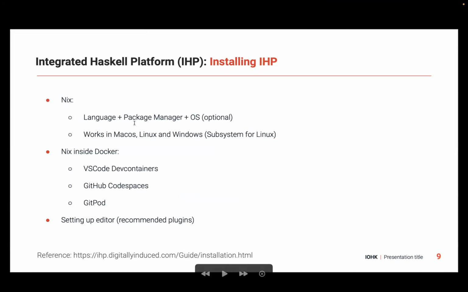To install IHP, we need Nix, of course. I wanted to talk about Nix, but maybe if we have time at the end, because I want to do as much as possible from the app. But Nix is a really powerful library. It's actually an actual language. It's a lazy functional language like Haskell, but way simpler. It's not dynamically typed, so it has no types. But it's really cool in that you can